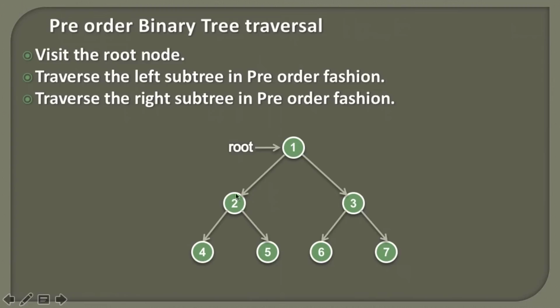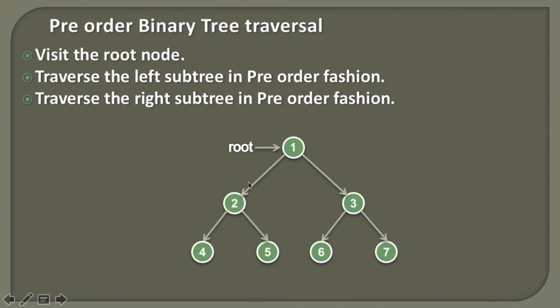Now in the third step, we visit the right subtree. So we go to the node 5, and then we apply these 3 steps on the node 5. We first visit this node, then we visit its left subtree, and then we visit its right subtree. As node 5 has no left subtree and right subtree, we are done with the processing of the node 5. And once we are done with the node 5, then we are sure that we have processed the right subtree of the node 2. So we have processed 2, then 4, and then 5. We are done with the left subtree, and then we again go back to the root node 1.